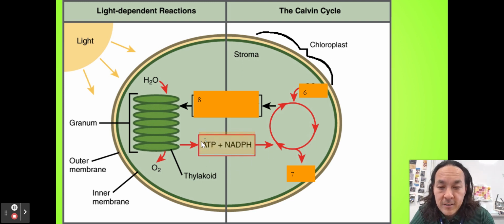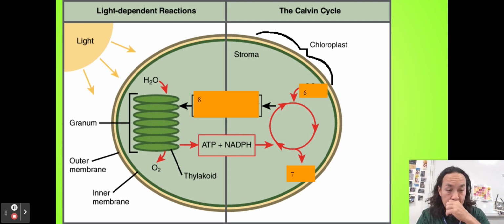That's going to also produce ATP and NADPH. ATP, from previous part of the video, we know is energy that the plant can use. NADPH is a new term for us, and I have said this in class a couple times. You can think about it as an electron carrier. It's carrying 2 electrons and 1 H plus. You could think about it like a taxi cab. It's carrying 2 electrons in the back seat, 1 H plus in the front seat, and they're going to the